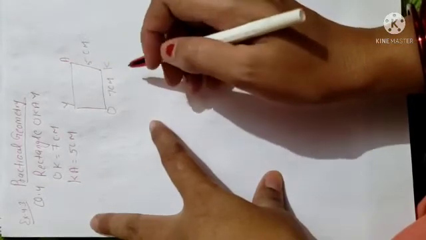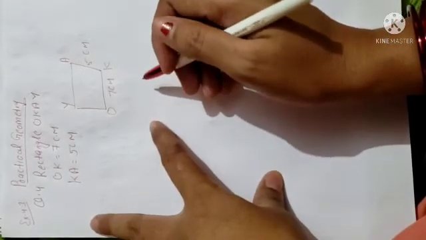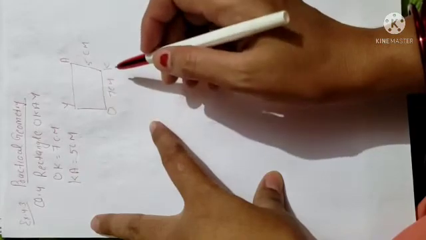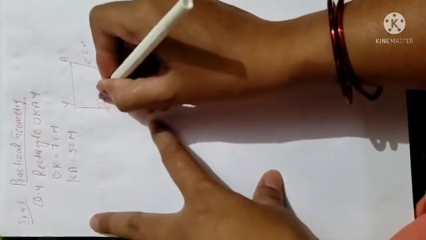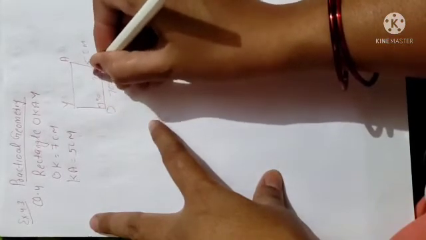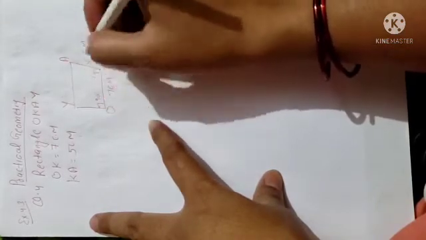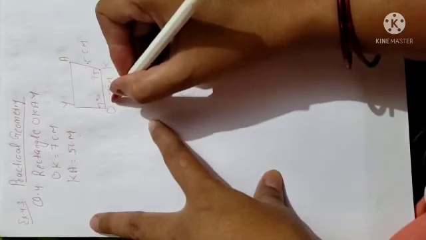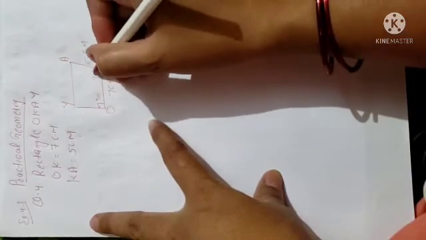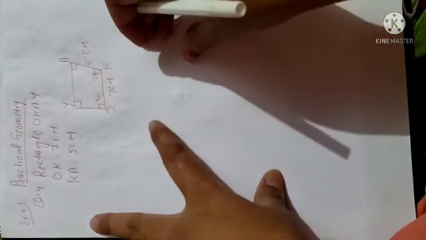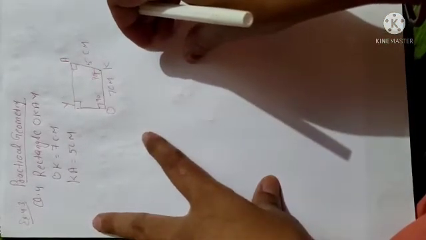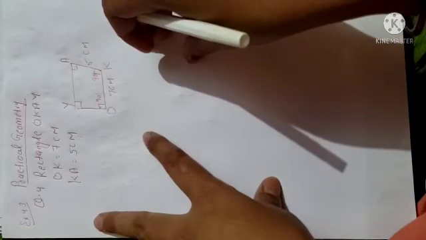So you know very well beta, a rectangle, what will be the angle of the rectangle? All the angles of the rectangle will be equal to 90 degree. Each angle will be equal to 90 degree in the rectangle. So you can take any 2 angles. O will also be 90, K will also be 90 degree, and the others will also be 90, because according to the properties of a rectangle, each angle will be equal to 90 degree.